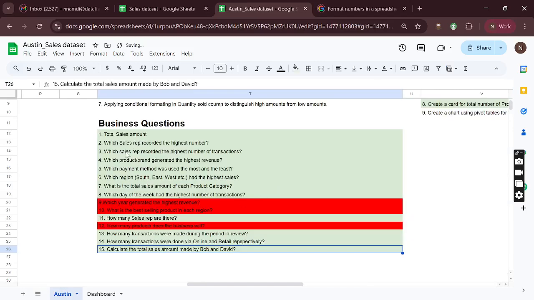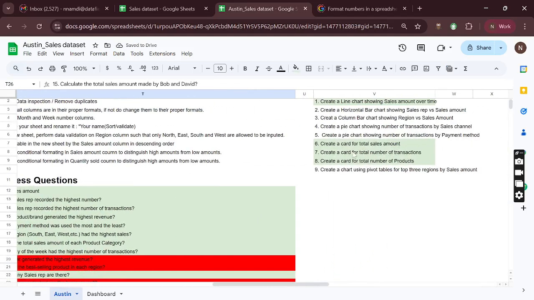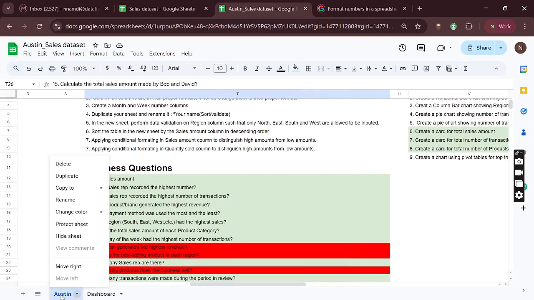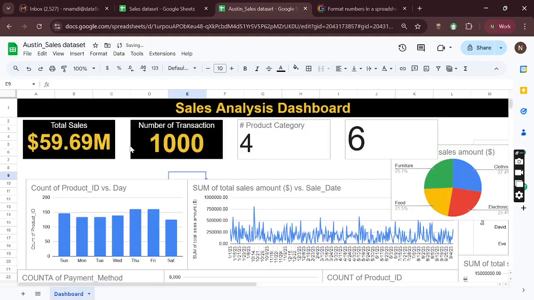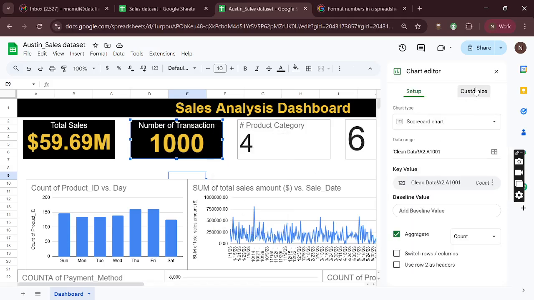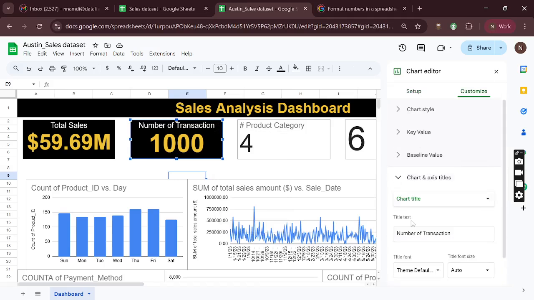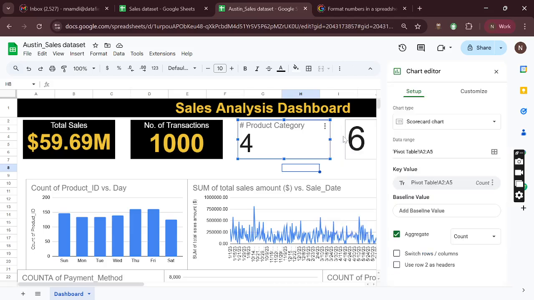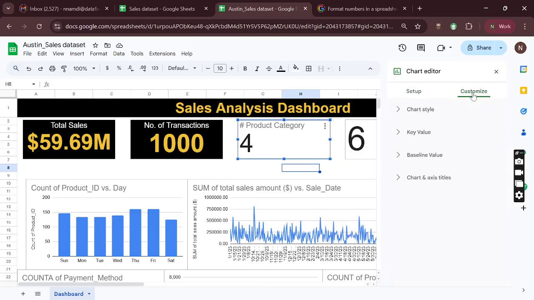Let's come back here. What was the question again? Number of transactions. Okay, total number of transactions. Yes, that's it. So let's hide this again. Back to our dashboard. So it's number of transactions. But do we need to put the number in full? Let's just keep it short. I will keep it short by just putting NO for number. Under title, NO, number of transactions. This looks perfect. Then for the number of products category, do the same thing: edit chart, then come to customize,